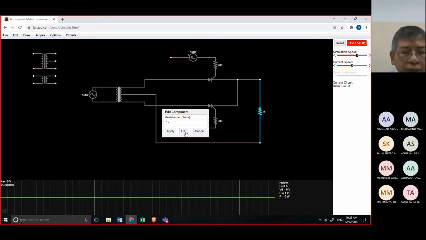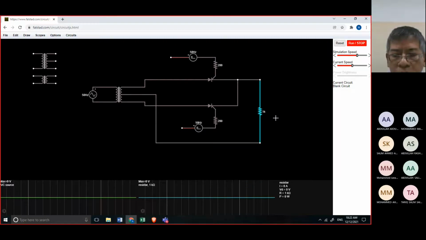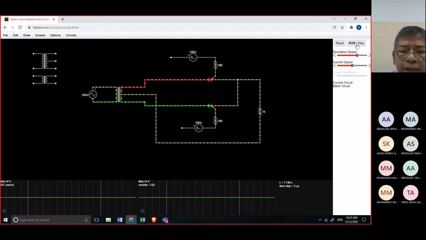Okay, so now here, I repeat, the output here, view in new scope. View in new scope also here, so that you have the input. This is the input, and this is our output. Okay, I will run.